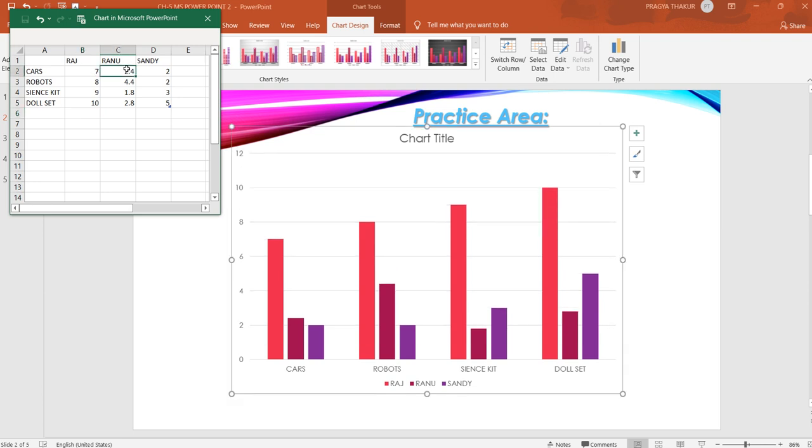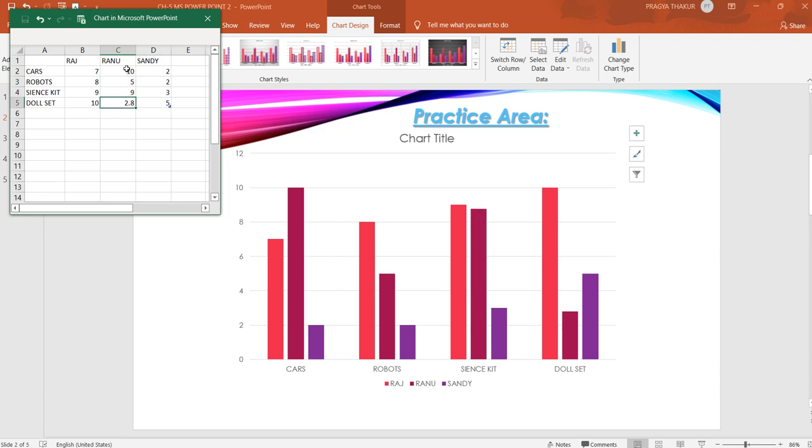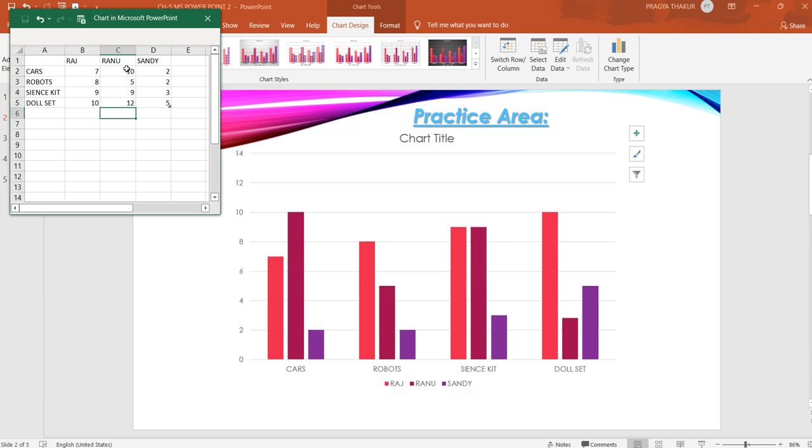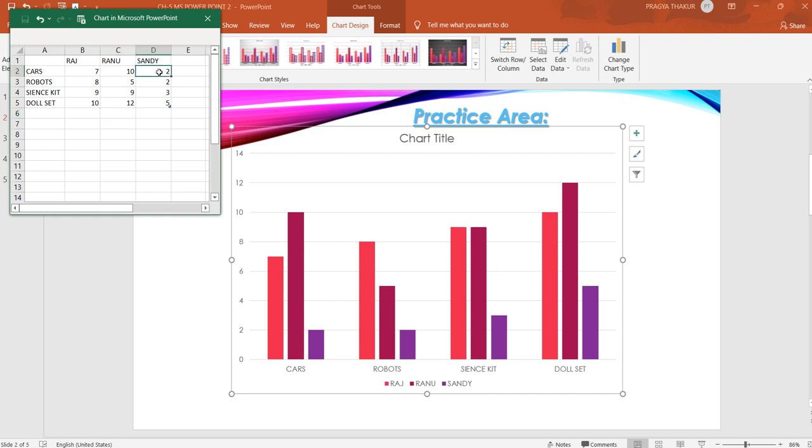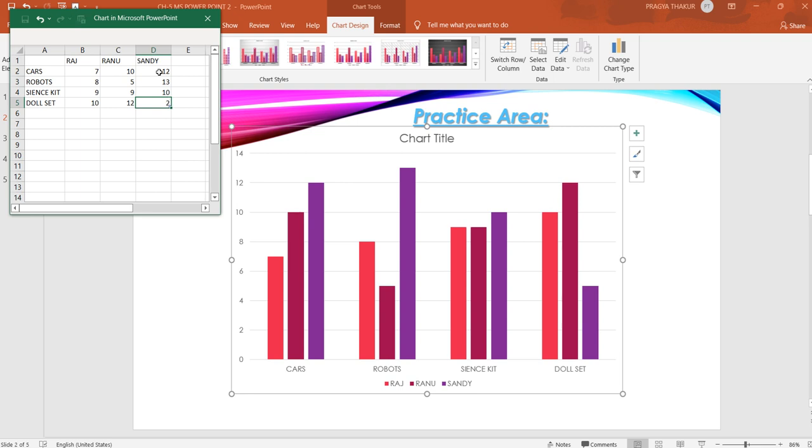See, now I am changing values for Ranu. I am changing for Sandy now. So this is how we can change the values.